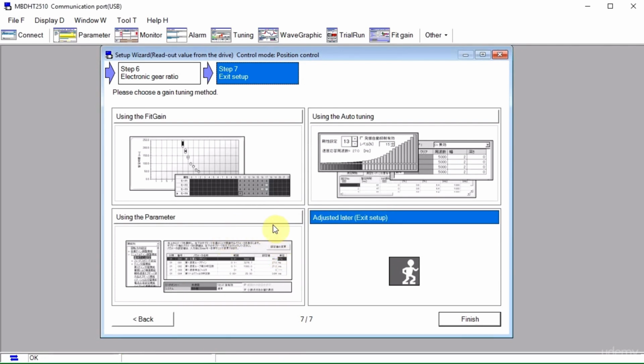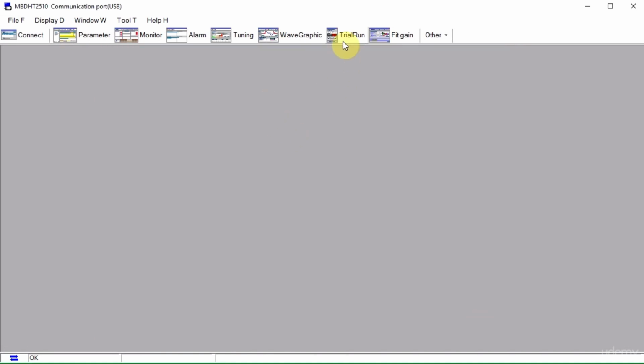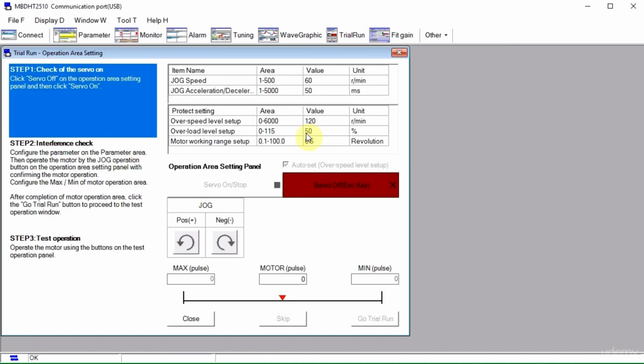Okay, we can use auto tuning using the parameter list, using the fit gain. I will push finish, and if you want, we can choose trial run. I will try to